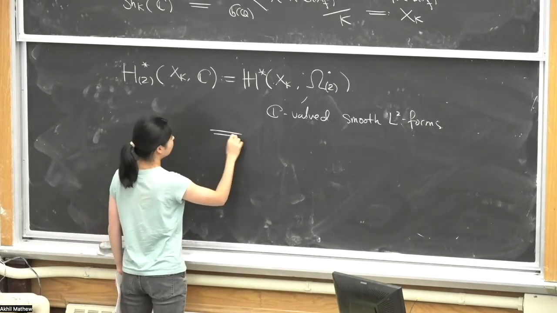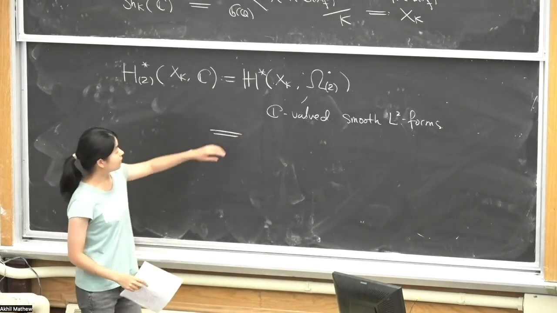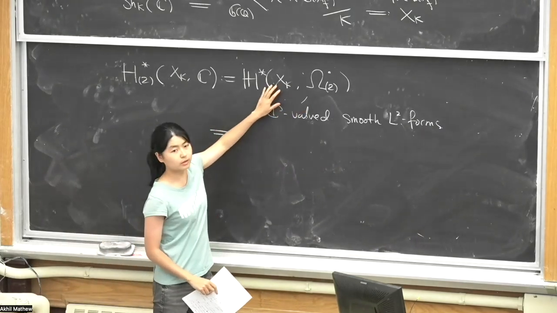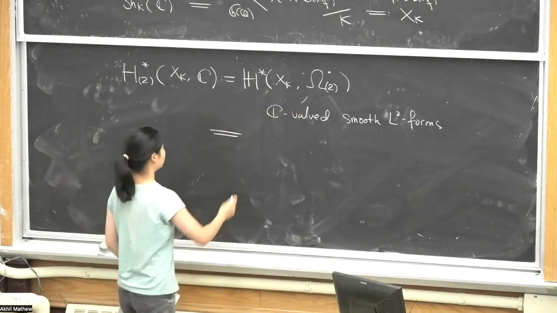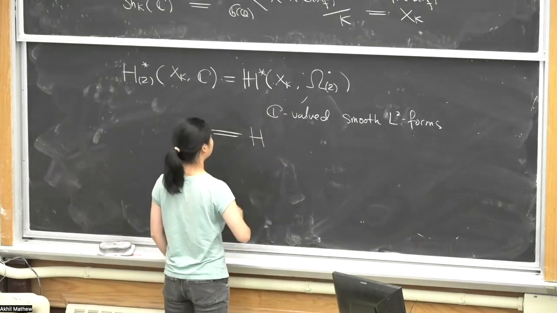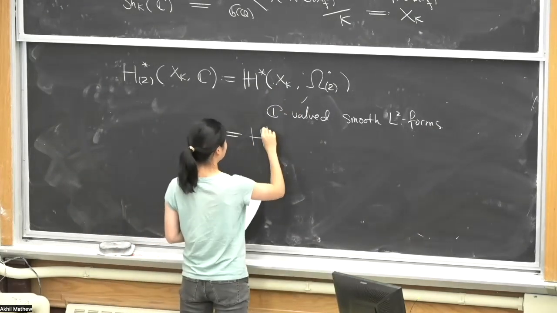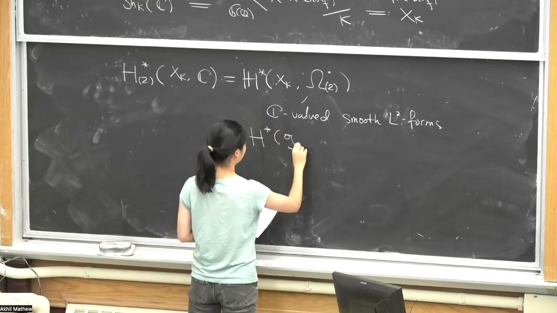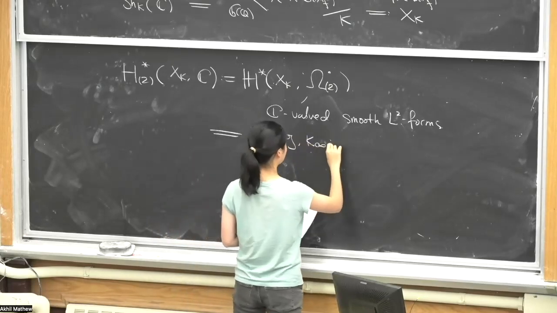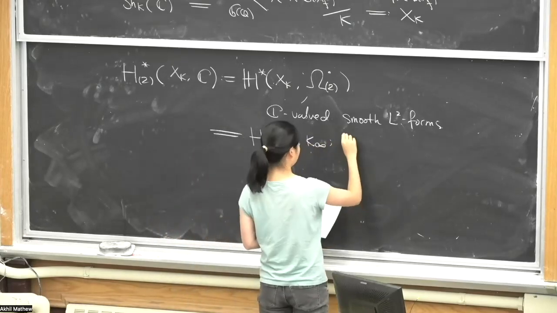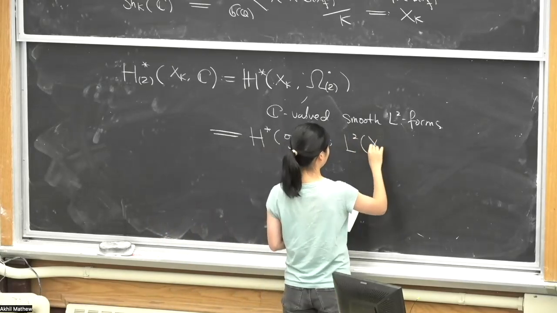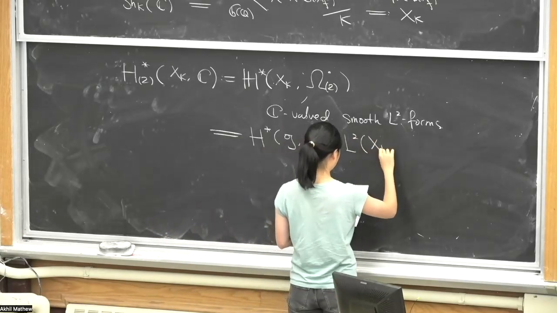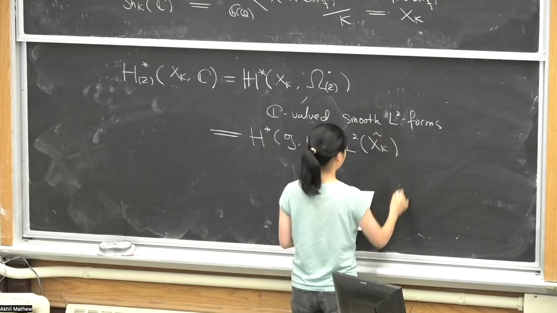First of all, by investigating the relation between the tangent bundle of the symmetric space and the Lie algebra, this can be identified, as shown by Borel, with the relative Lie algebra cohomology with coefficients in the L2 smooth vectors of the L2 functions of some space, X_K tilde,